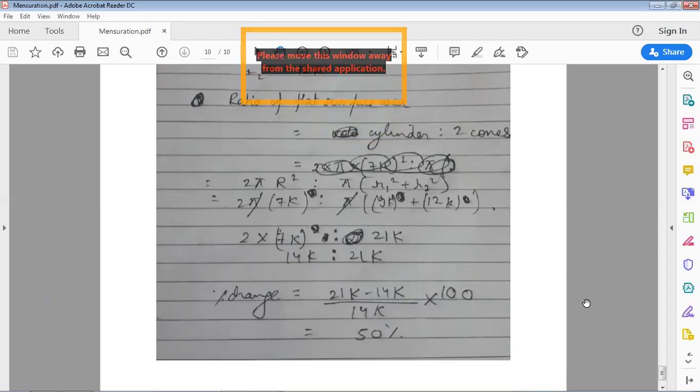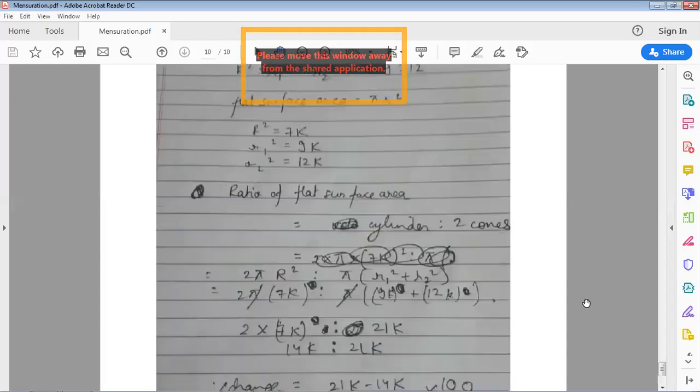So here I got the answer after doing all these steps from top to here. What would be the percentage change in the flat surface area before and after? And here I calculated. Percentage change is equal to 21k minus 14k upon 14k into 100. 14k is the older top surface area of the cylinder, and 21k is the top surface area of the cones. And see how simple it was to calculate it, 50% without any calculations. I will repeat the answer again. I know it was just confusing.